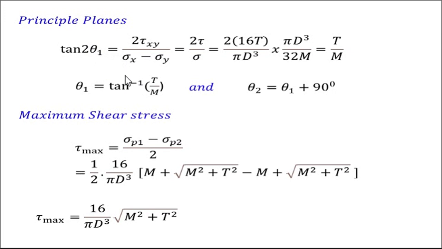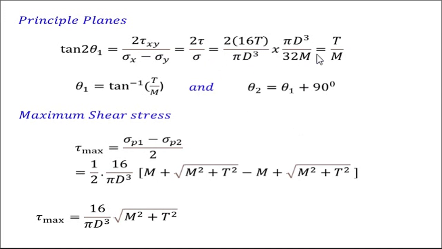The same relation you can use, because here shear stress is also acting on the plane, and also the direct stresses, that is sigma x and sigma y, which act in the x direction and y direction respectively. So here we have considered the shear stress and bending stress, so you directly take this 2 into tau, because tau is equivalent to tau xy or tau yx. And for sigma x minus sigma y, you consider sigma only, because only direct stress is acting in one direction. So directly put the value of tau we already derived, and the sigma value, that is the bending stress.